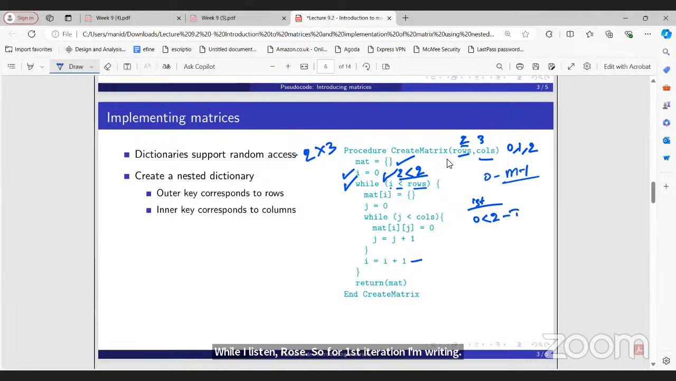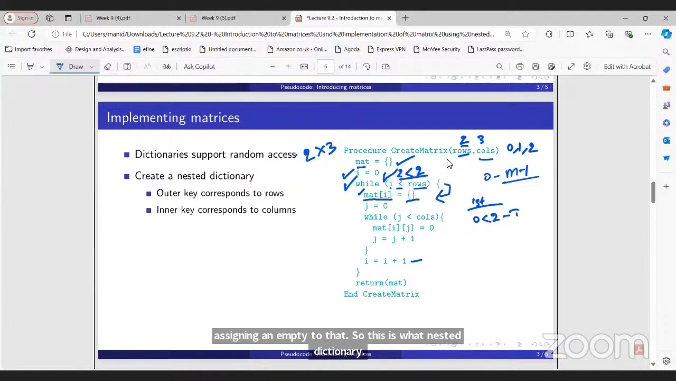This is true, so I will enter the while block. Now inside while, mat[i]. What is this representation? This is a dictionary representation, right? mat[i] means i is the key of this matrix dictionary. And what is the value I'm assigning to that key? I'm assigning an empty dictionary to that. So this is a nested dictionary. For every key in this matrix, I will have the value as an empty dictionary, which I'm going to